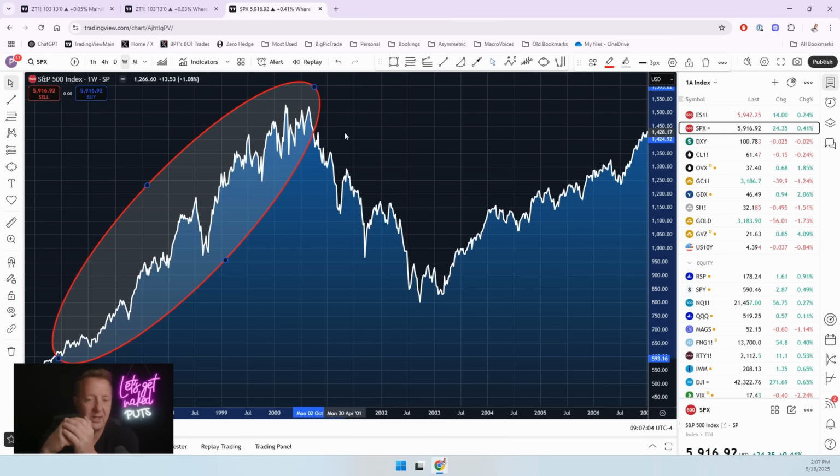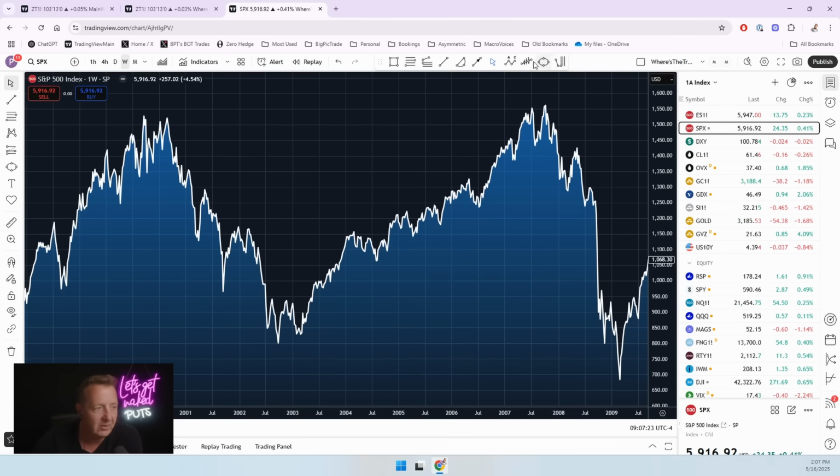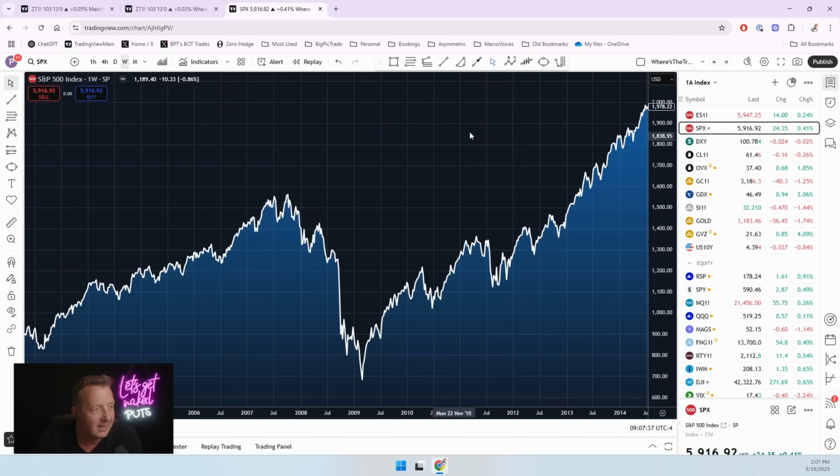These extended bull runs create euphoria, retail excitement, easy money, ridiculous valuations, huge amounts of leverage, and make a large amount of investors positioned all in one way at a time when the conditions are changing. You can observe here right before the market crash of 2008, a similar style rise occurred where the bull market proceeded higher. The same euphoria was coming in, and then it turned.